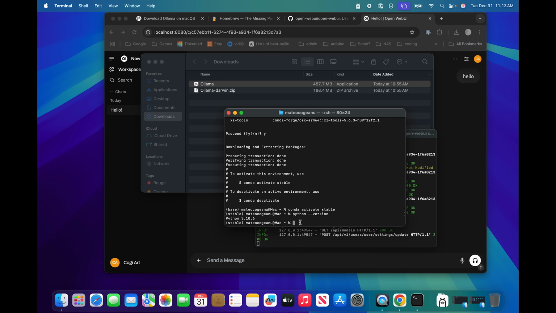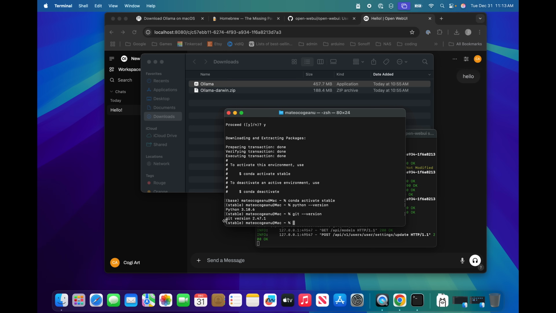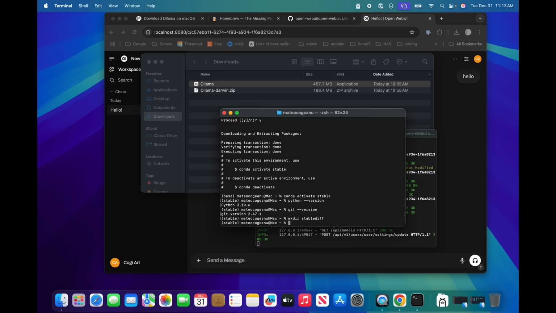Perfect. Now let's see if we have Git. Again, to double check. We have Git. Perfect. But first, this is for later. We will make a directory with mkdir stable-diff, short for stable diffusion. We go to it,